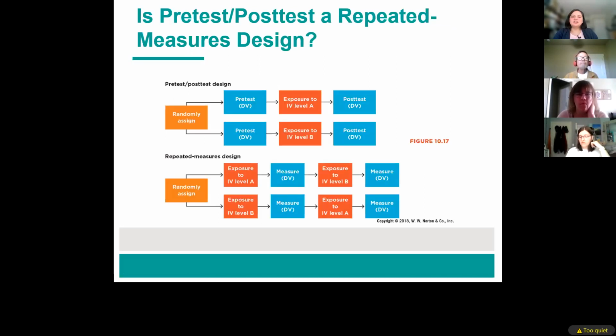All right, so question, is the pre-test, post-test a repeated measures design? No, Haley, why not? Because in the pre-test you get shown the dependent variable first, and then the independent variable is measured, and then you do the post-test, the dependent variable again. But in a repeated measures design, it's flipped. Yes. So you get the IVs measured first, and then the DV, and then the IV, and then the